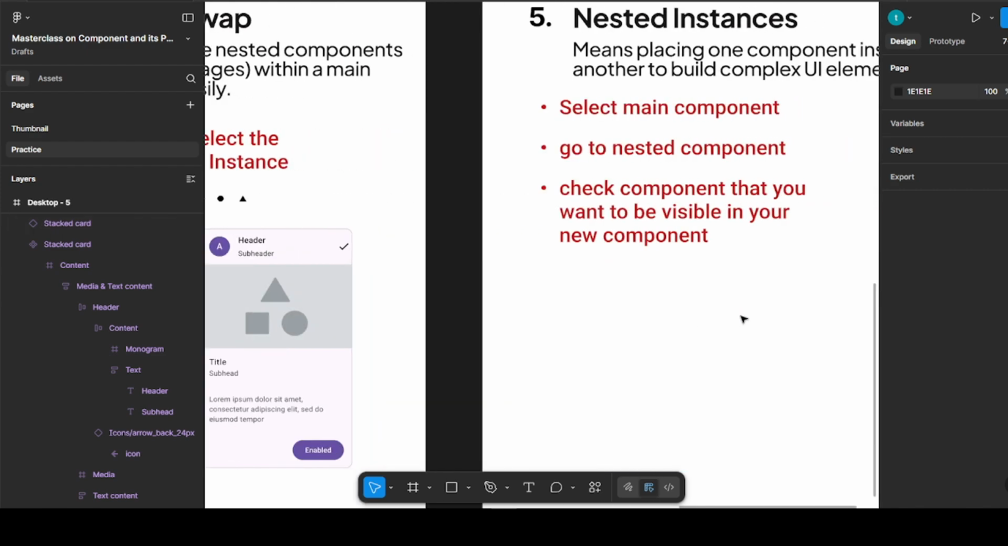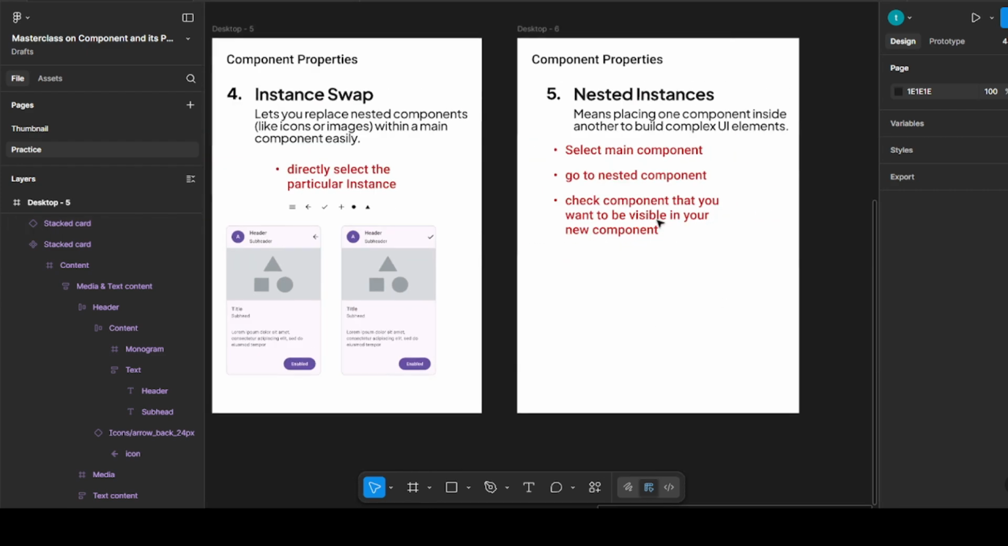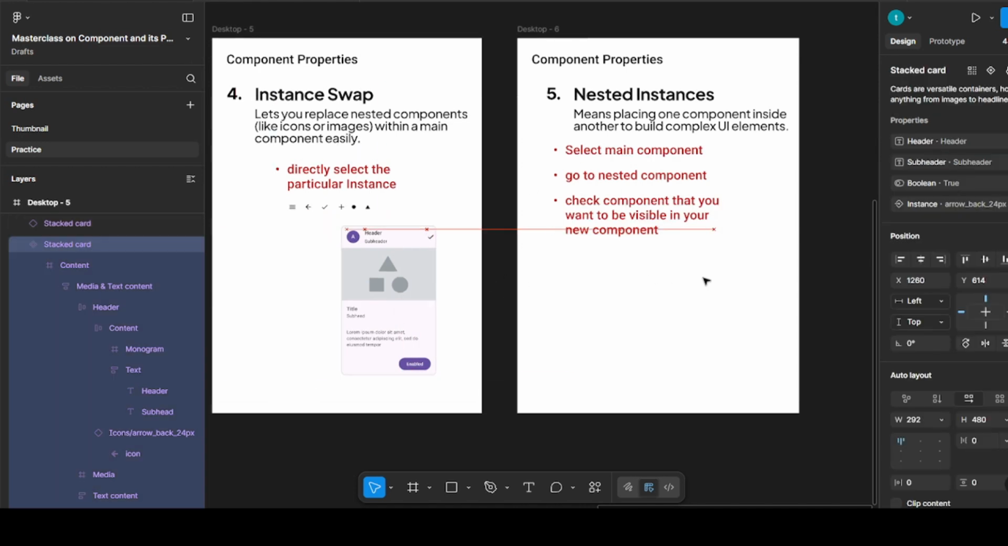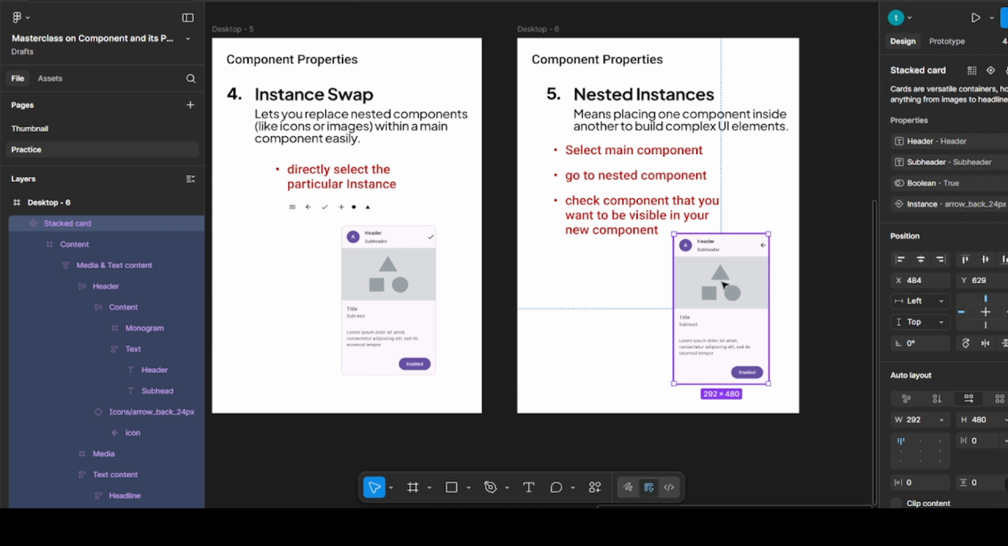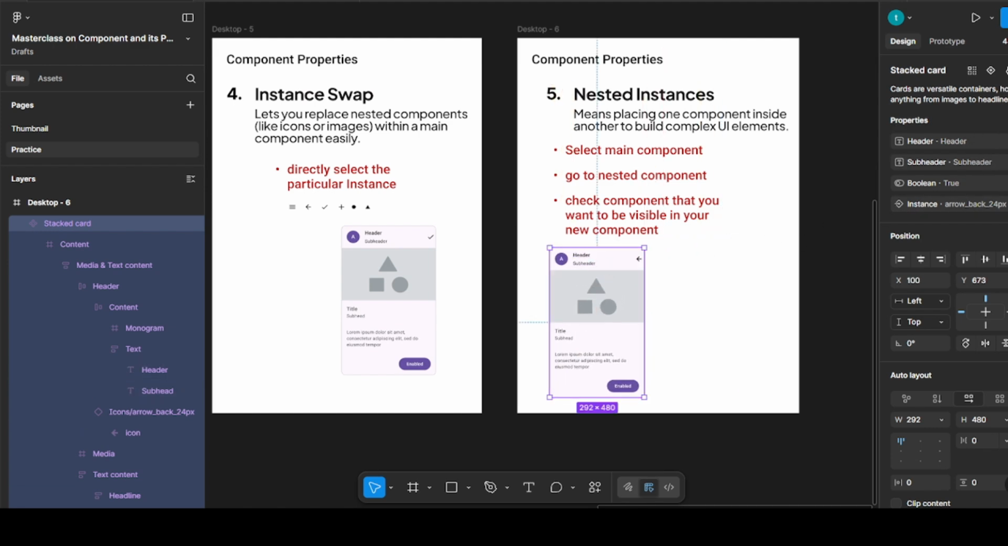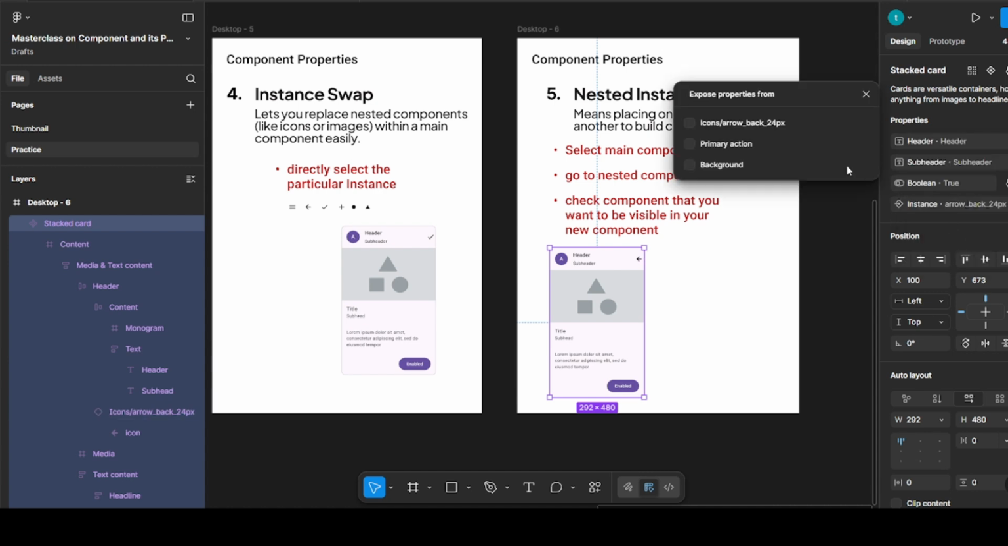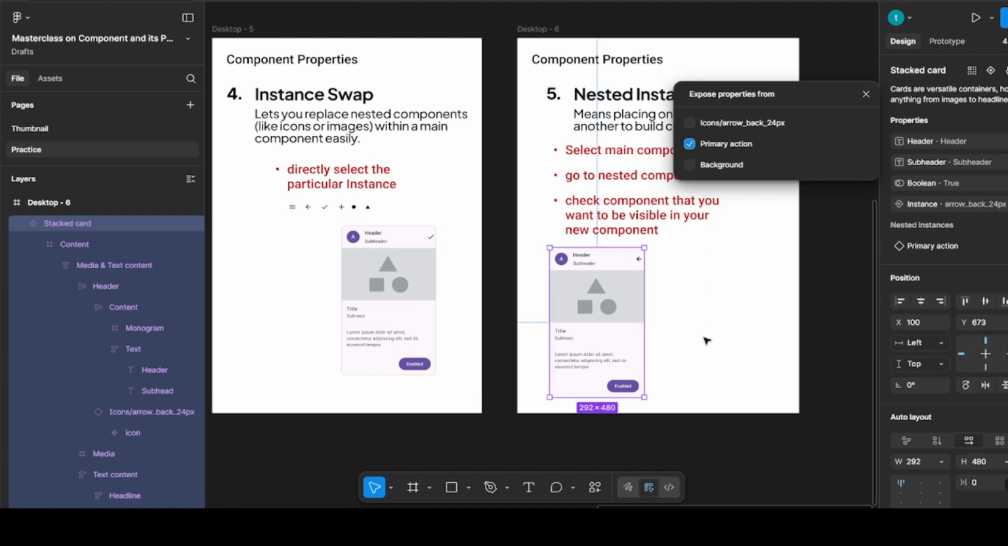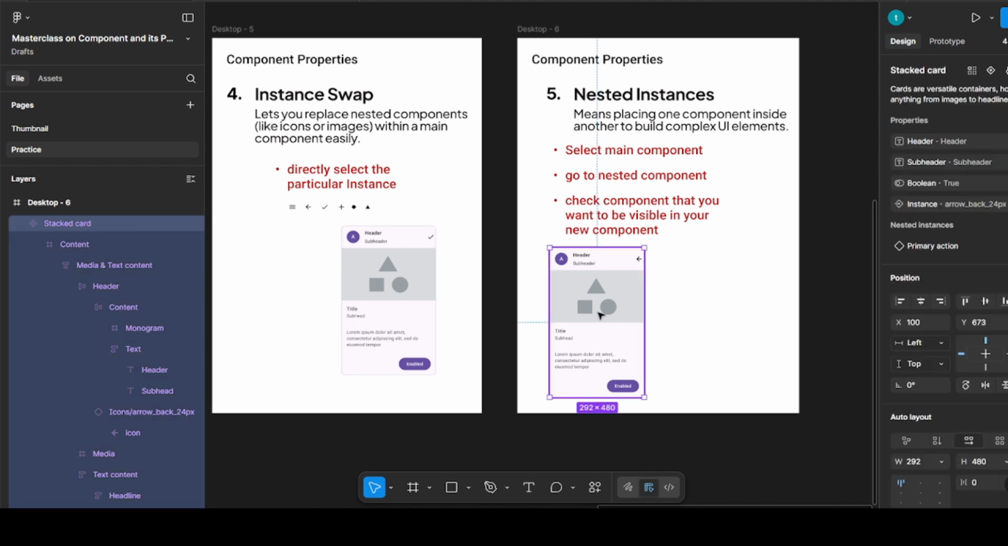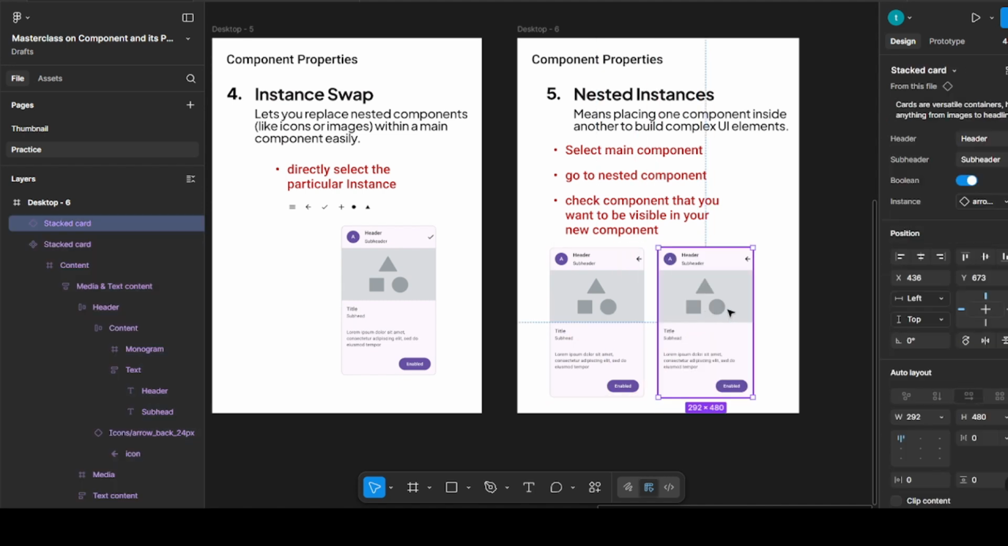Now the next part is to see a nested component. For this we'll take our main component and then go here to the plus icon and then select the nested components. And what we want is our primary action to be active. So here I have selected. Now once I go here,